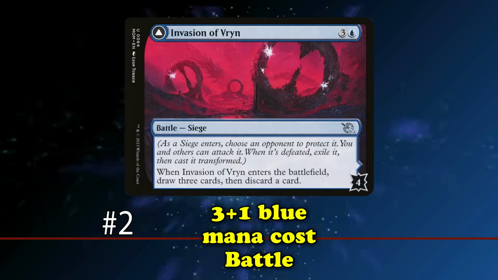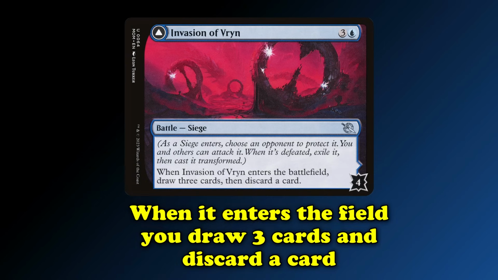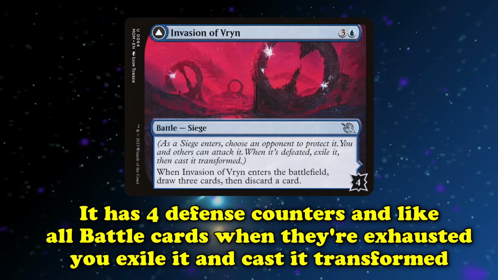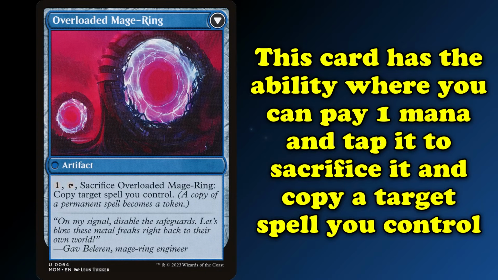This is a battle with a mana cost of 3 and 1 blue. As printed, when it enters the field, you draw 3 cards and then discard a card. It has 4 defense counters, and like all battles, when they're removed, you exile it and cast it transformed. The backside is Overloaded Mage Ring. This is an artifact with an ability where you can pay 1, tap it, and sacrifice it to copy target spell